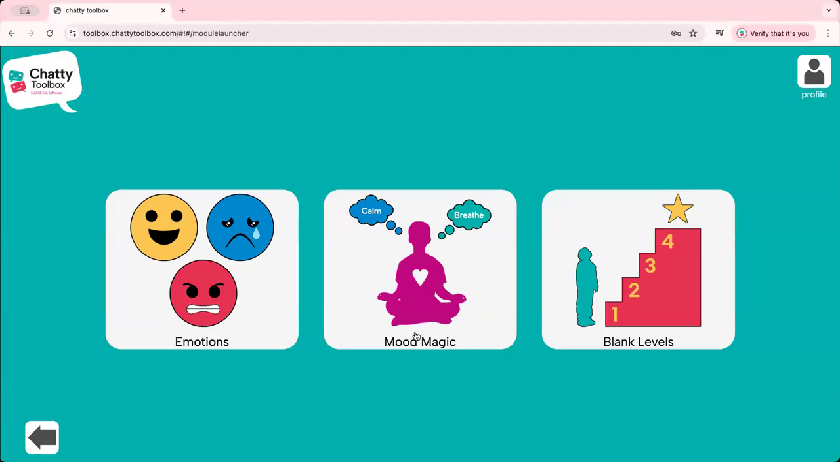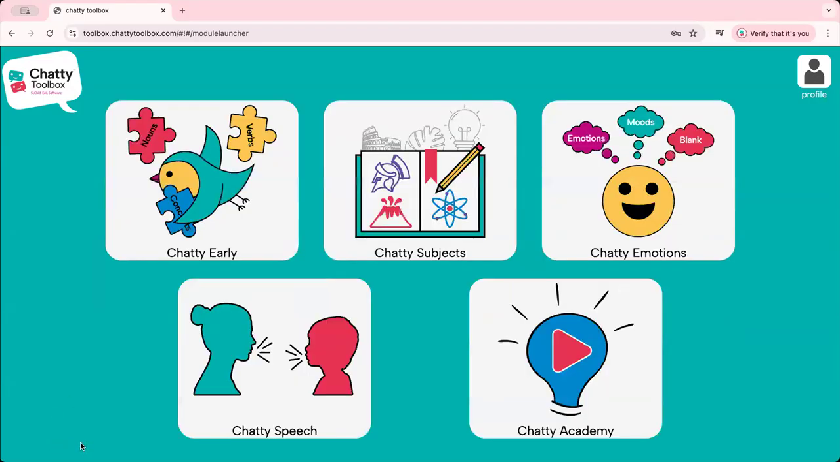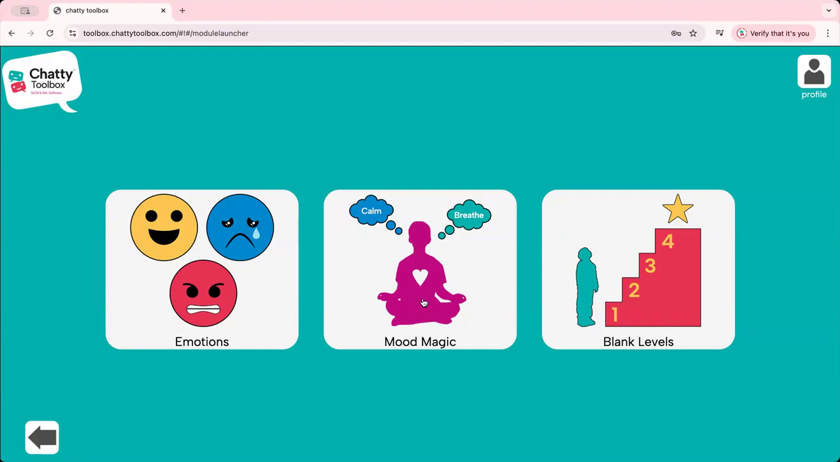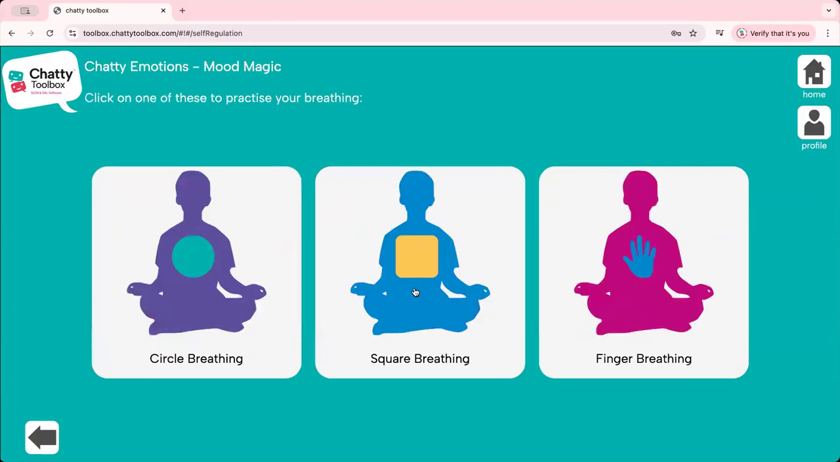So I'm going to give you a quick demo now of Mood Magic within the Chatty Toolbox software. Mood Magic sits, well, I should have gone out to the higher level actually. It sits within Chatty Emotions here. You can see we've got emotions, moods and blank. So if we go into Chatty Emotions and then into Mood Magic,